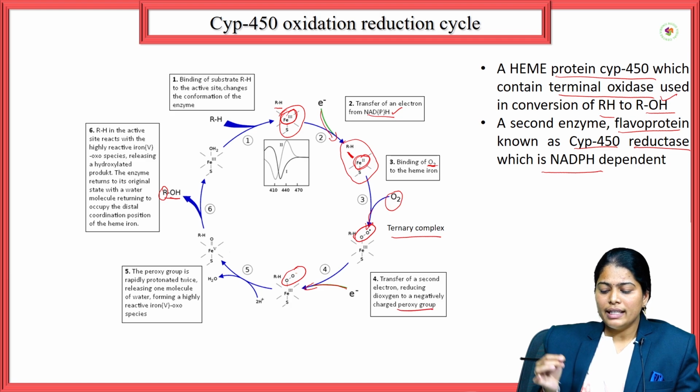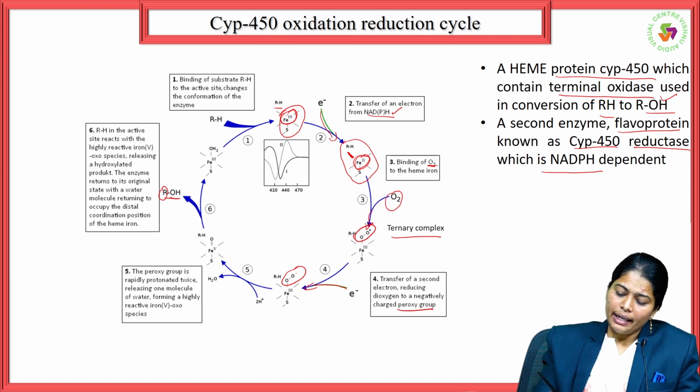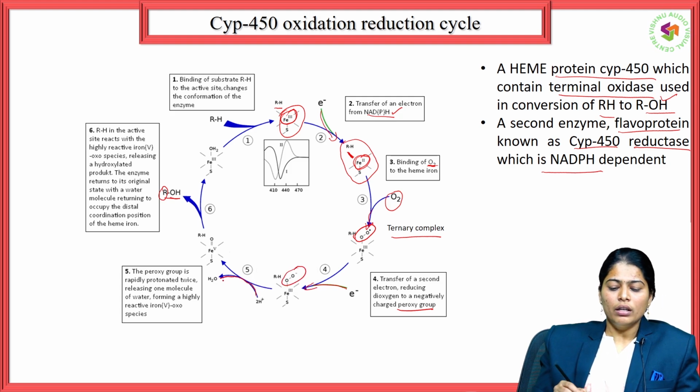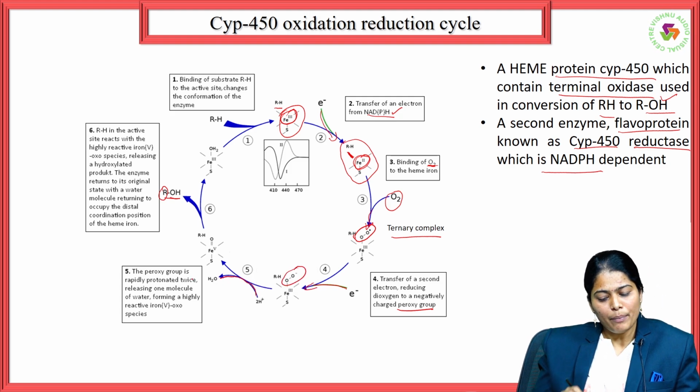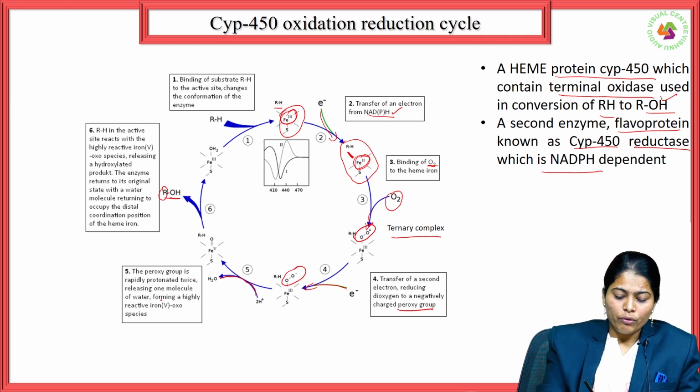So this peroxy group is highly reactive. So immediately here it will produce one water molecule. The peroxy group is rapidly protonated twice, releasing one molecule of water, forming a highly reactive iron, which is called